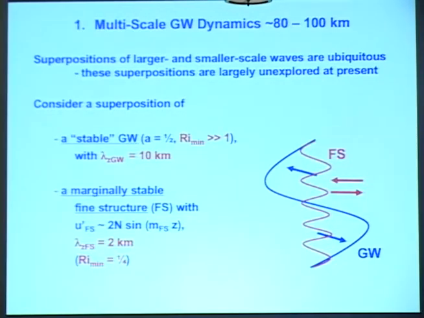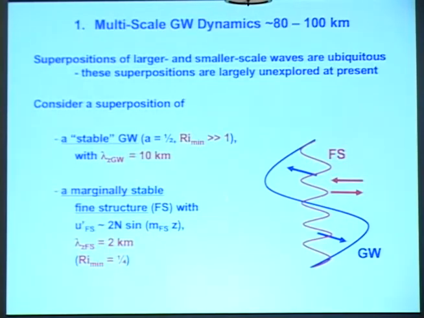And so I'm going to default back to a really, really simple case here, which is certainly far simpler than we ever encounter in reality. I'm going to assume that we have a stable gravity wave. Amplitude of 1/2 means that it has 1/2 the temperature perturbation necessary to be convectively unstable. So this wave by itself would be stable for a very, very long time. The minimum Richardson number in this flow by itself is well in excess of 1. So from a traditional instability perspective, this wave should never go unstable.